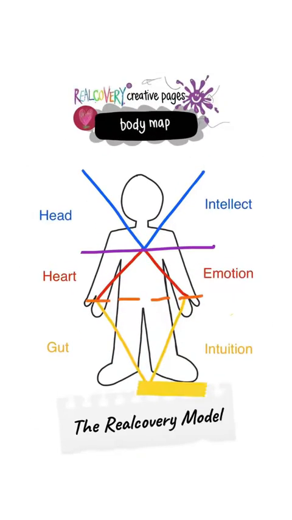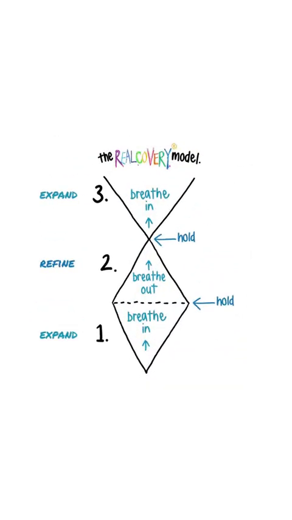Can you see the colourful framework made of triangles? That is the Realcovery Model, and it's made out of the patterns of the human body, which allows us to do some really cool things with it. One of the patterns it maps is the pattern of breathing, which can be distilled down into some really simple things. Expand, pause, refine, pause, expand, pause, refine, pause, played on repeat,